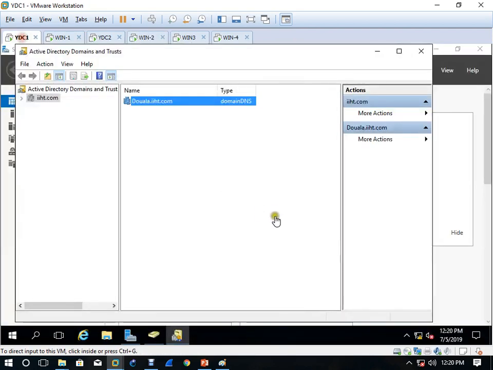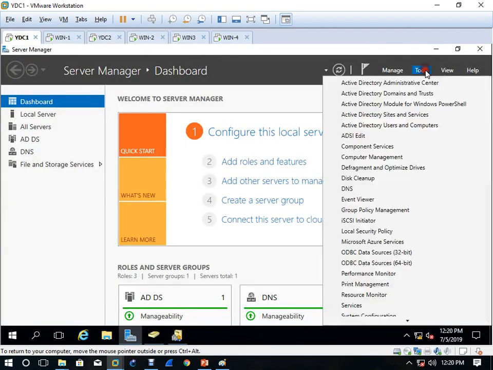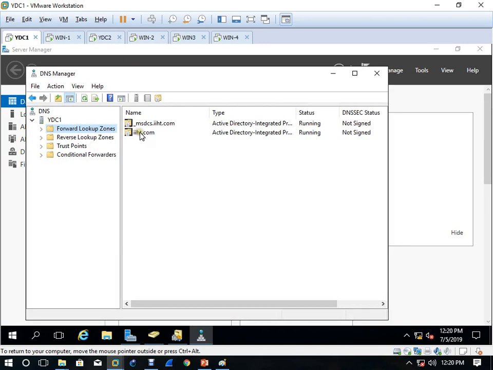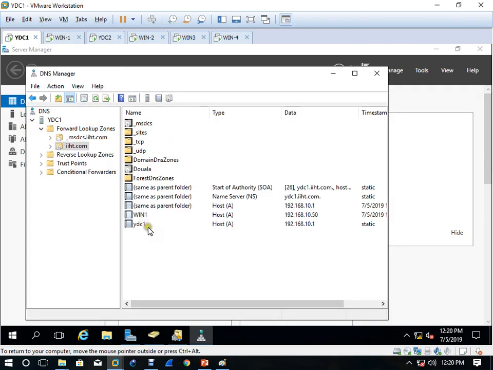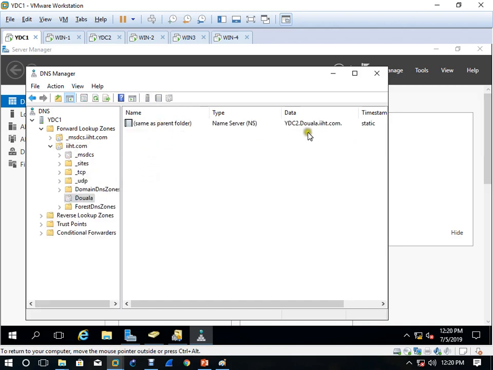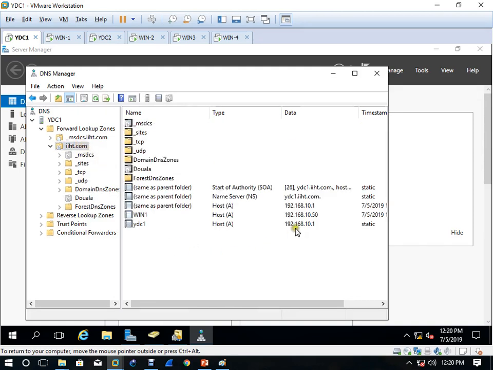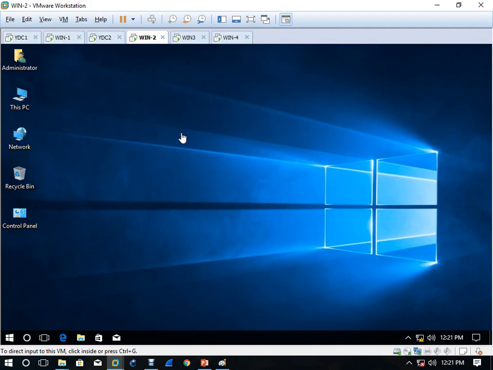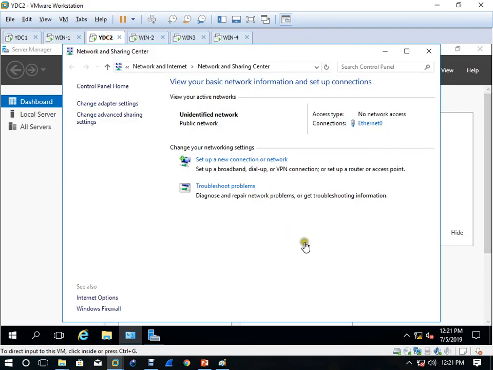And now in your domain controller, you have to verify that the Dwala server information is there in your DNS. See, this Dwala, open, right? It is there, right? Dwala has the server, right click. Okay, no problem. Now come here to this system. Now this system wants to join the Dwala server, right? So if you come to the Dwala server,